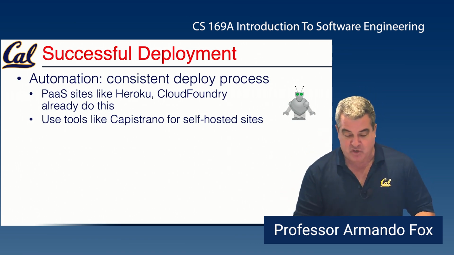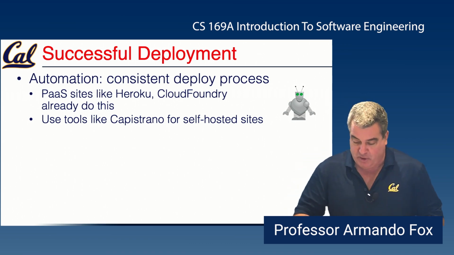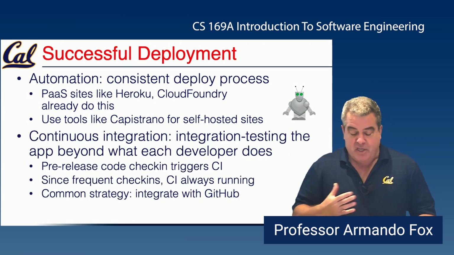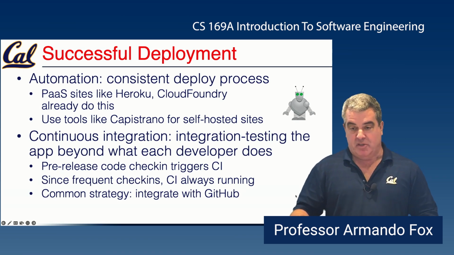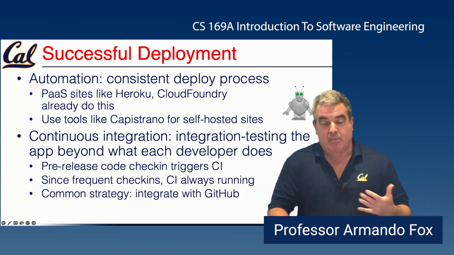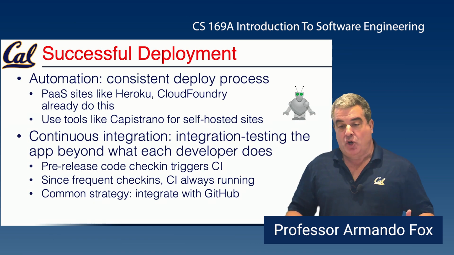Undo is a really good feature to have. It's basically like an undo button for deploys. So continuous integration is about integration testing the app beyond what each developer does. You have a set of tests that anytime somebody is committing new code, those tests always run, and they might